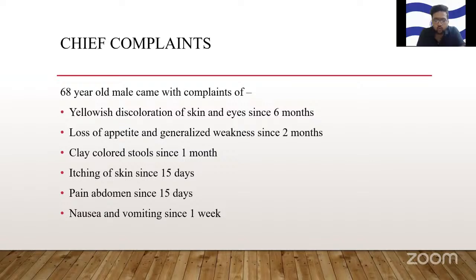So, why do you think you only look at the sclera or nail beds for yellow discoloration? Why is that so? Sir, in sclera, there is elastin, which has got high affinity for bilirubin. So, in natural light, it can easily be elicited. And also in the palms and soles, we can notice it once the bilirubin levels are much higher, sir. Good. So, the affinity of bilirubin for elastin is more, so you can see it in the sclera.